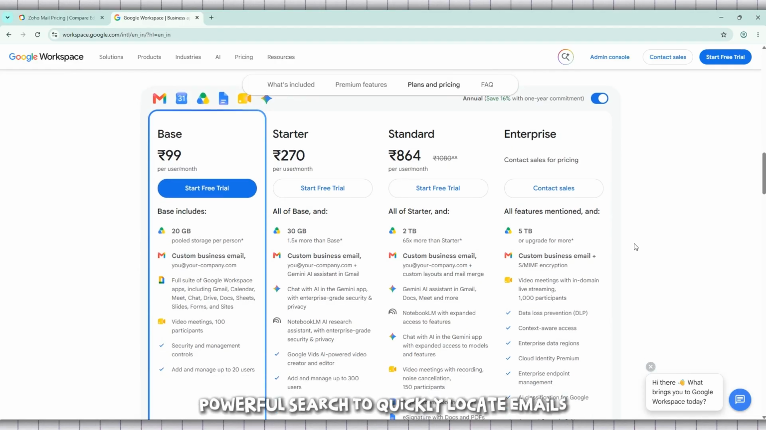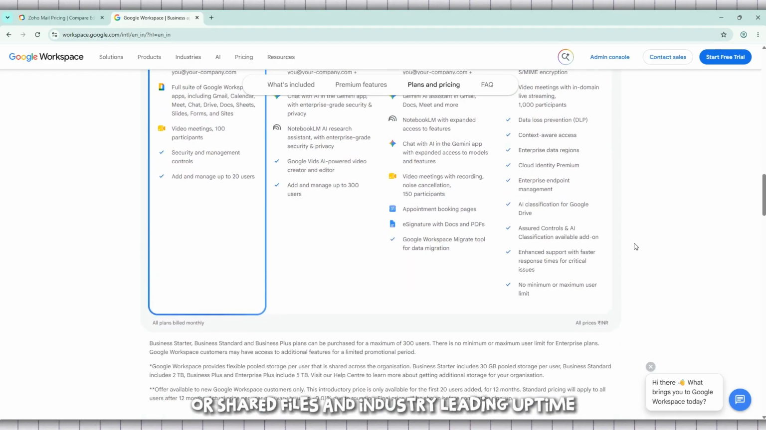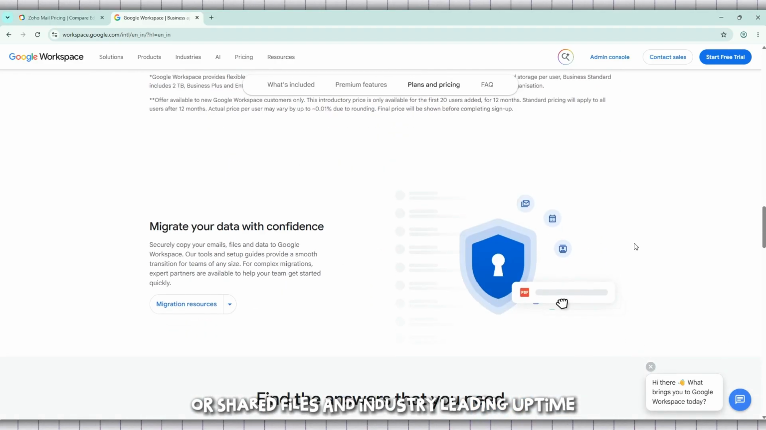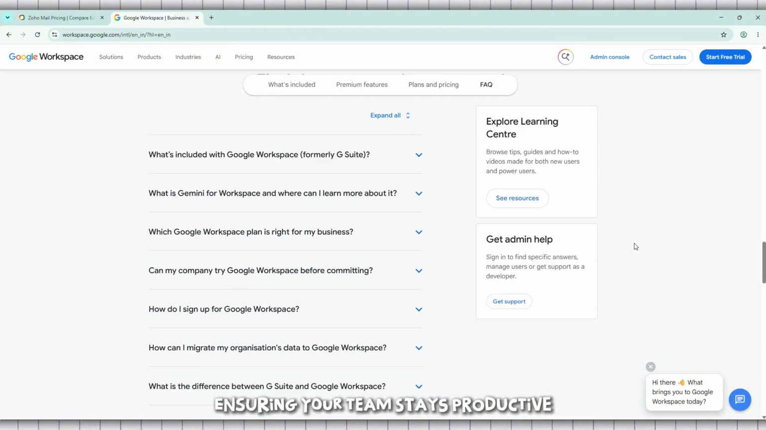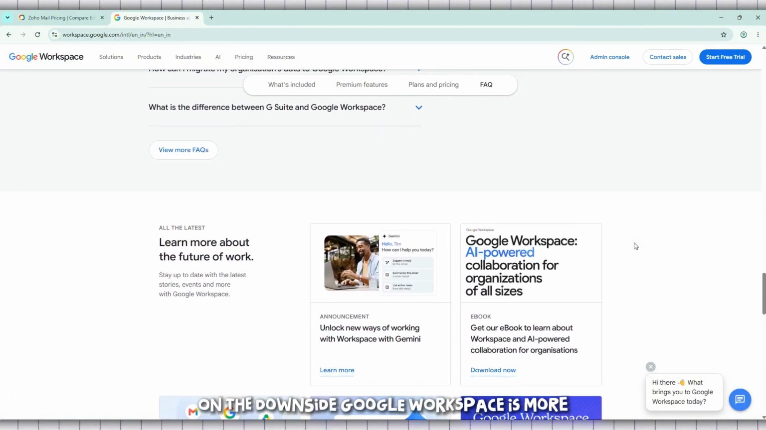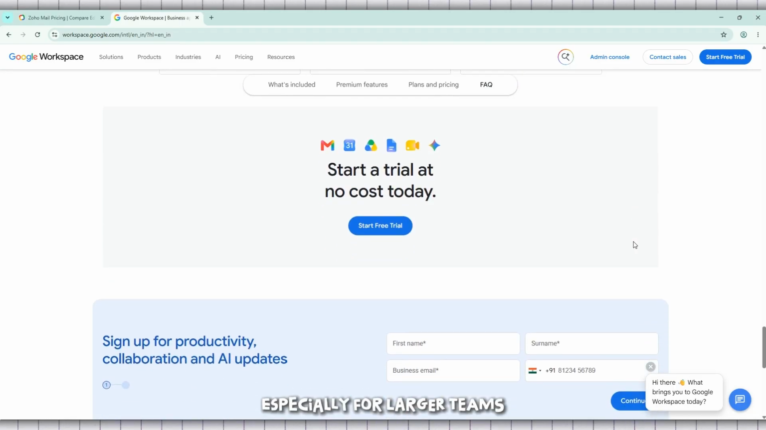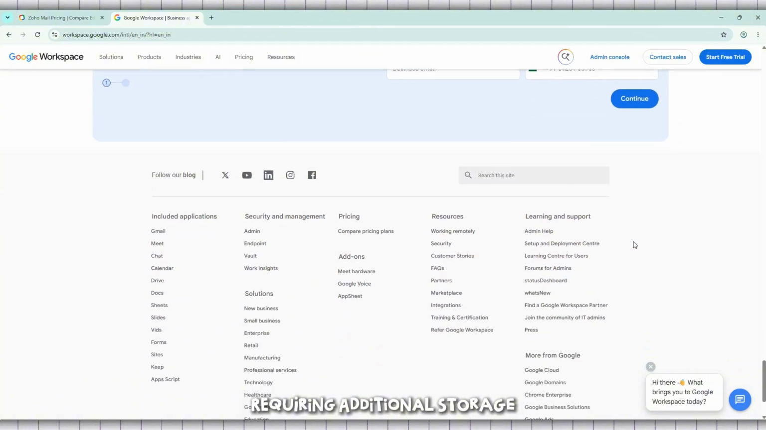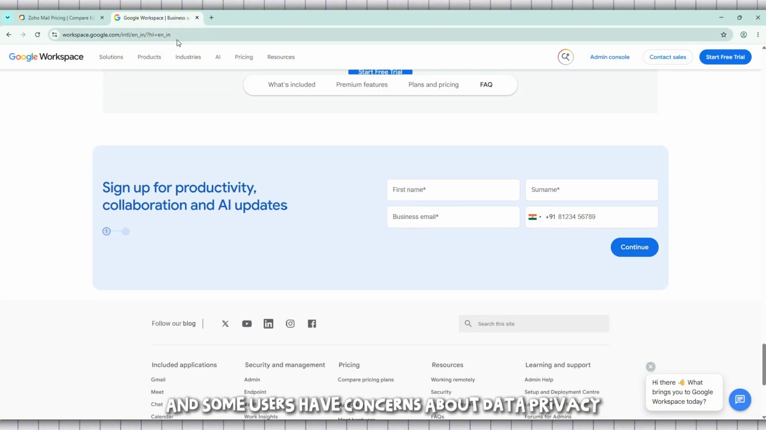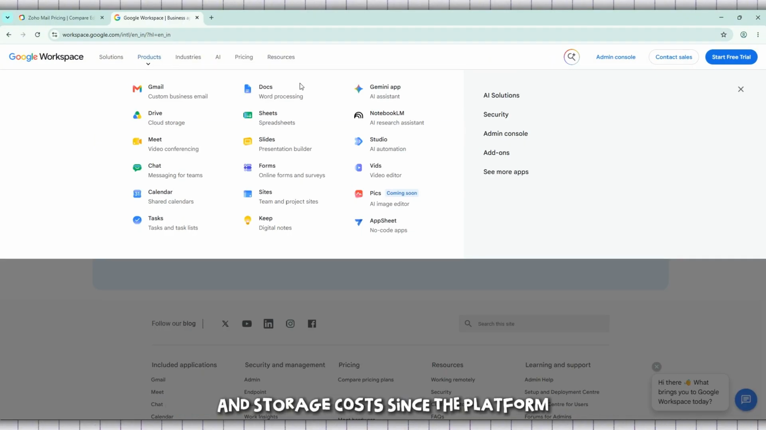Powerful search to quickly locate emails or shared files. And industry-leading uptime, ensuring your team stays productive. On the downside, Google Workspace is more expensive than many alternatives, especially for larger teams requiring additional storage. And some users have concerns about data privacy and storage costs, since the platform stores your data in Google's cloud